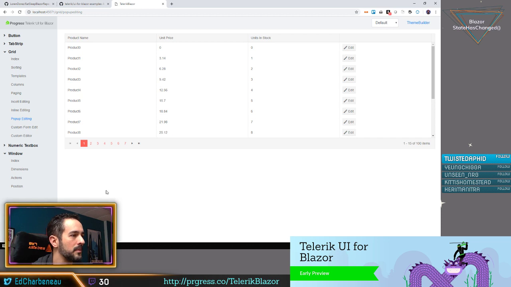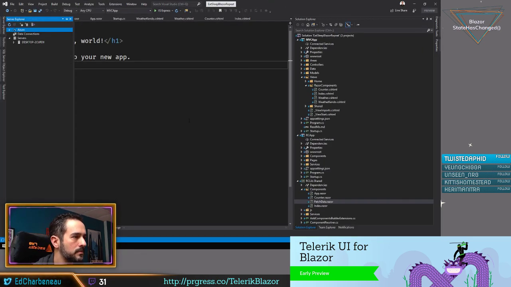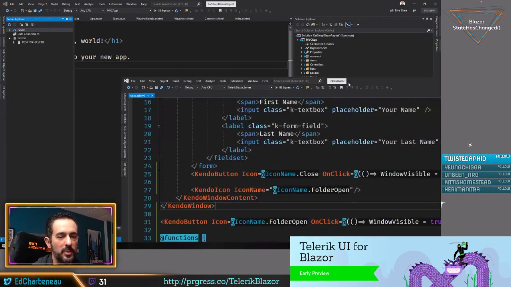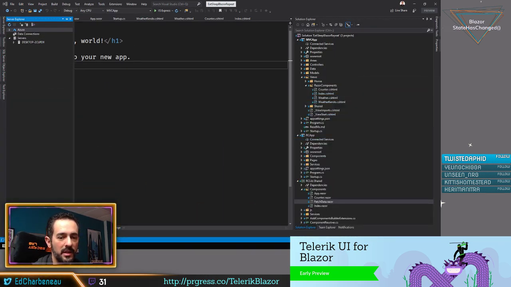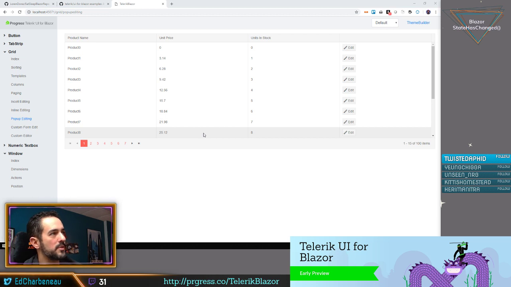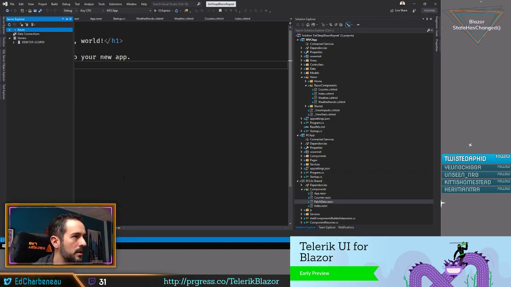Really good stuff. So let's go back to Lauren's example, see if we can add that Kendo grid to Lauren's app. Let's see, we need to get this Visual Studio instance. I'm going to move this other one off screen. I'll keep this open in case we need it for reference, or if anybody has any questions about Telerik UI for Blazor before the show's over. We don't need to keep that open. So we can come back to